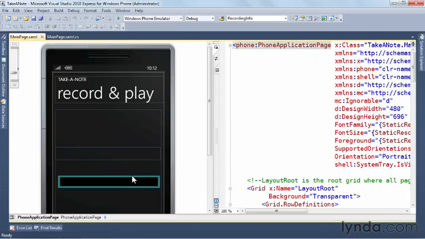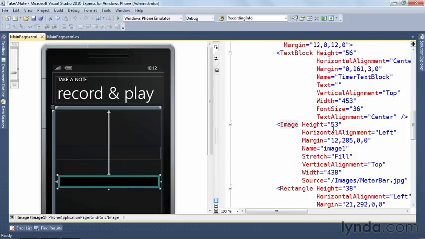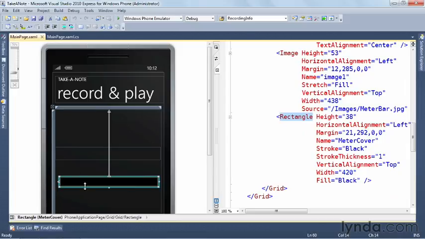So here is our XAML, and you can see that here we've created an image and filled it with the meter bar. And then inside that, we've created a rectangle that is exactly inside the meter bar. And at runtime, we then shrink that. Let's say that we set this to 400, but we also adjust the margin at the same time so that the right-hand end of this rectangle always stays here. And we shrink the size of the rectangle and move it to the right so the right-hand end is always there. Thus, if we do this way and shrink it again, the image underneath is more exposed. So let's undo all this stuff, put it back to its original state,